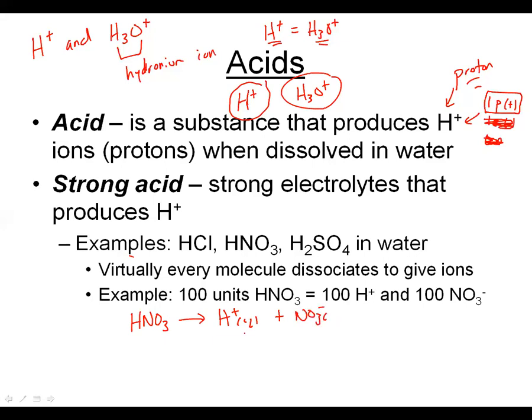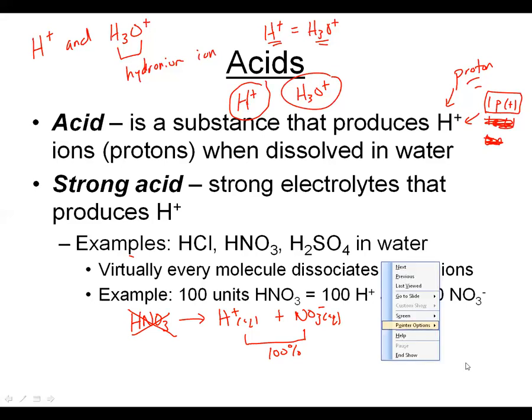And when you have that in solution, this is 100% what you have in the solution. You don't have any of the nitric acid still together as a whole unit. You have the H plus floating around freely, and the NO3 minus floating around. But again, you will not find any of those HNO3 units still together in a solution